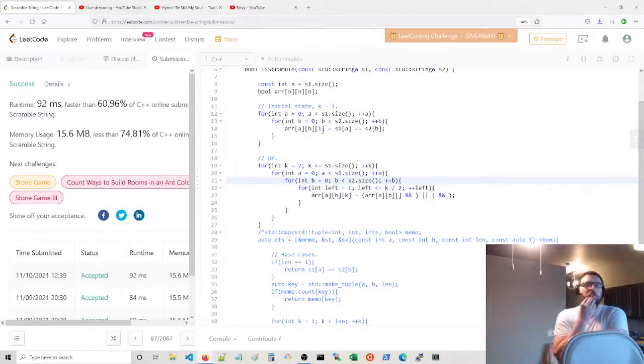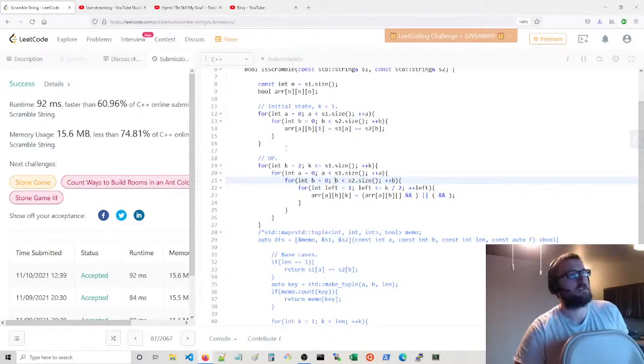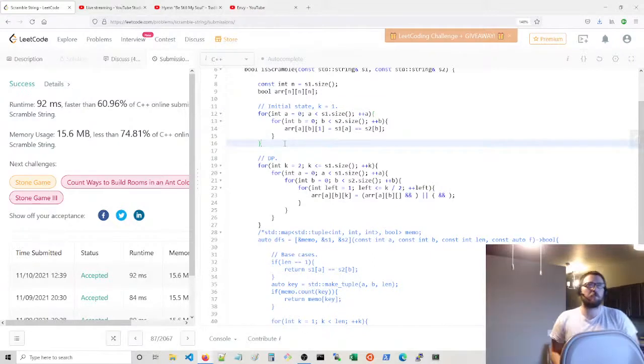What we're going to say is basically we're going to loop through every pair of strings of size 1 and save in our memory whether or not those pairs matched, or whether or not B could be a scramble of A. And then we say, okay, now look at K equals 2,